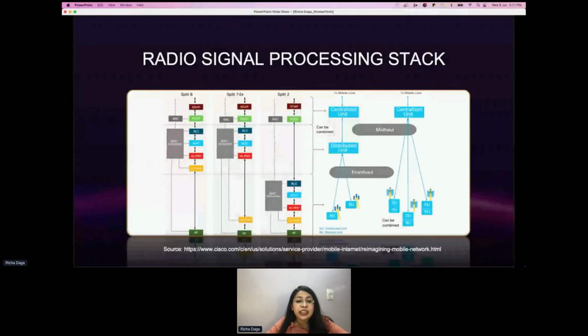If you would see and understand here, the radio signal processing stack decomposition maps functions in the stack as follows. That is Service Data Adaptation Protocol, or SDAP, which is in the new radio, NR, only. Packet Data Convergence Protocol, that is PDCP, and Radio Resource Control, that is the control functions, are mapped to the centralized unit. These stack functions are packet level manipulations that aren't timing sensitive and can be easily implemented in a virtualized environment.